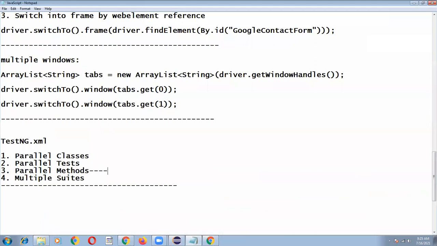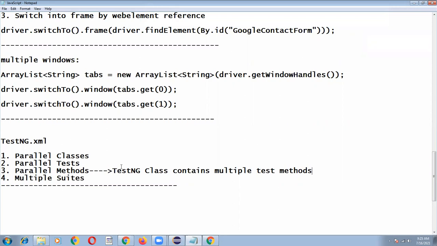So if a particular testng class contains multiple test methods, we generate testng.xml and select parallel is equal to methods, and we give thread count is equal to 4 or 5, and your testng.xml is generated, and whenever you execute your testng.xml, all methods are executed in parallel.